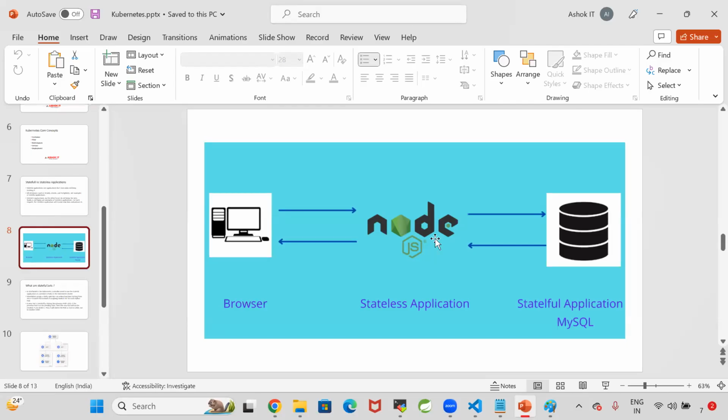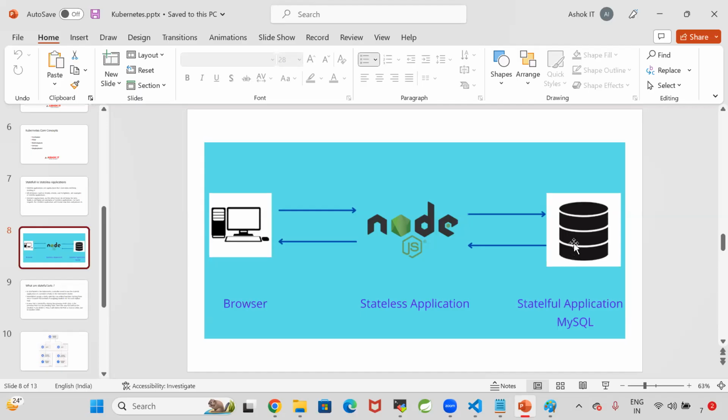The application which is remembering the data, that is called a stateful application. So now here, we need to deploy applications with stateful containers and stateless containers. When to go for a stateful container and when to go for a stateless container? If you are deploying the database of our application, then we need to go for a stateful container because the database should